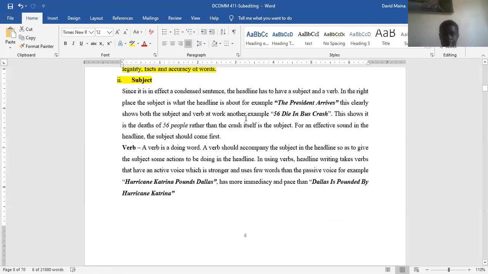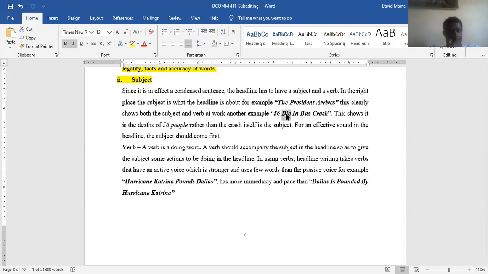Let's look at something else. This statement: 56 die in bus crash. They die, 56 die. You see, they have not used the word dead. No, they have not used the word died. They've not used past tense. Talking about active voice, 56 die in bus crash. So make sure that